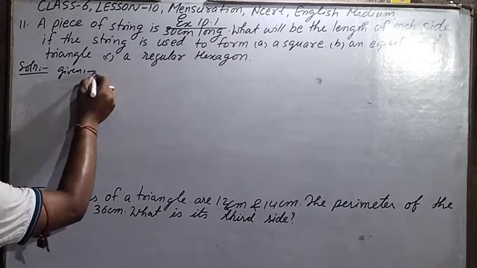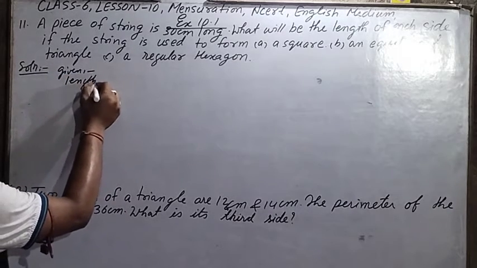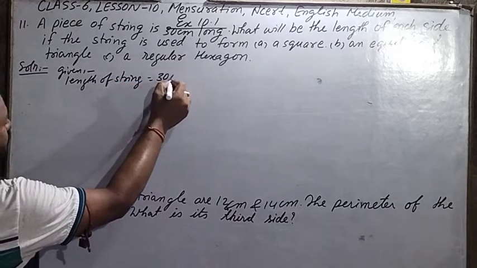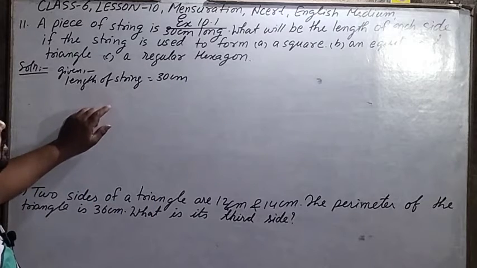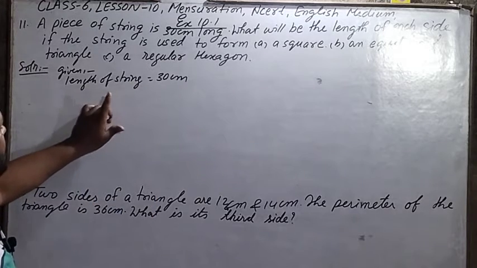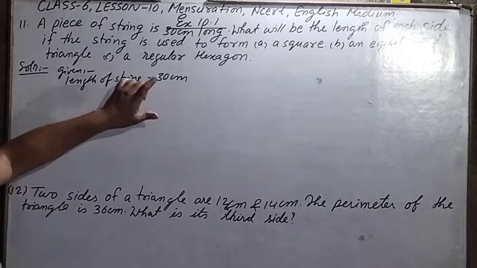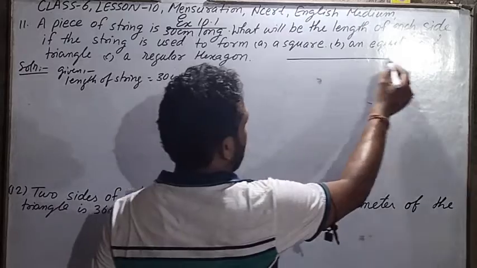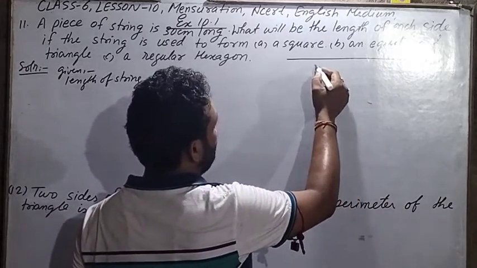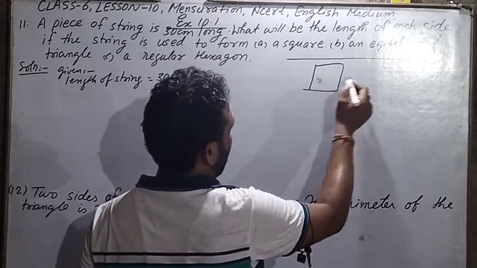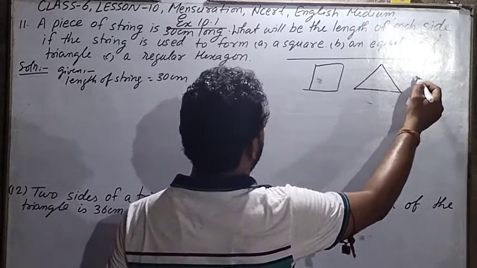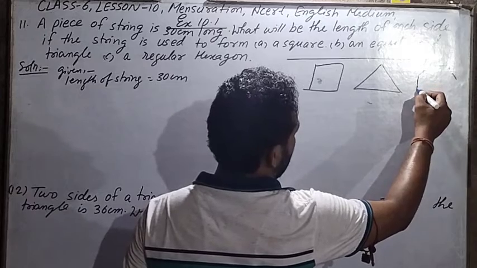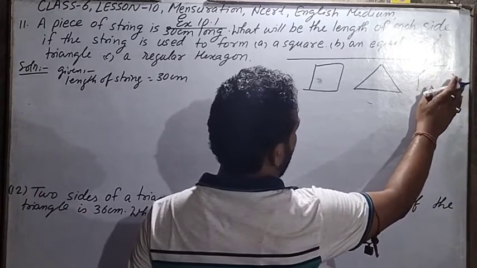You will write given: length of string is equal to 30 centimeter. What will be the length of each side if the string is used to form? This question is saying that we have one string, and using this string we are making first a square, second an equilateral triangle, and third a hexagon. So it is asking what will be the length of